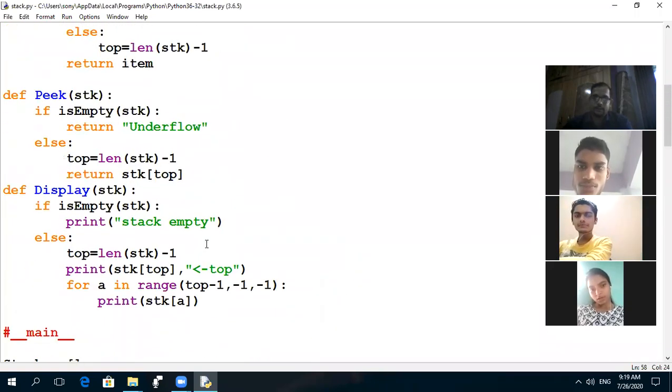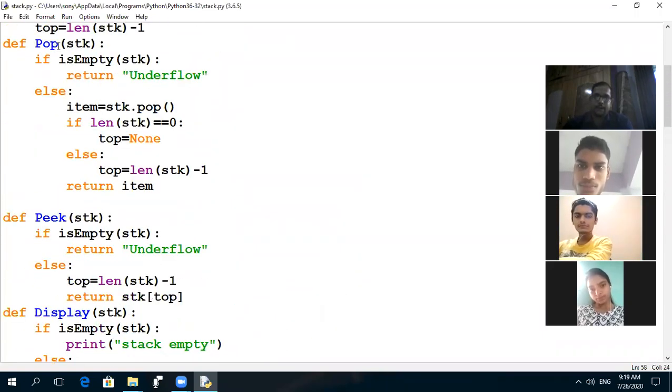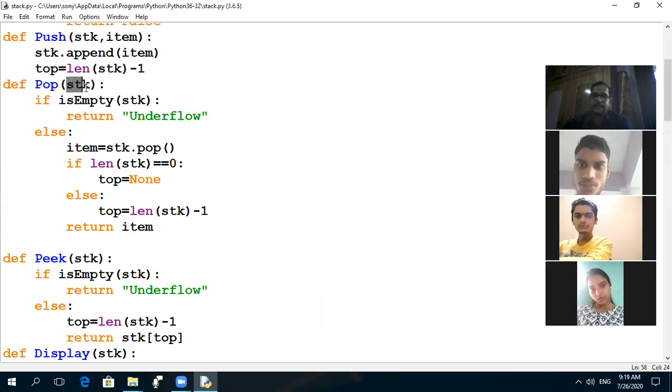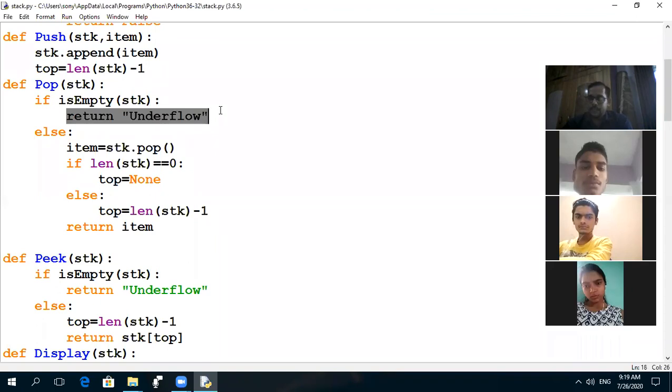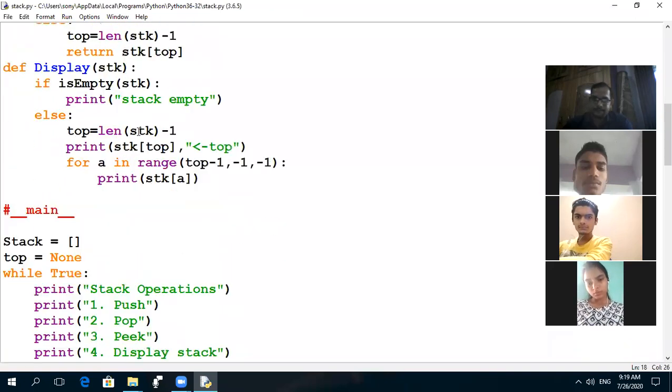It goes to the pop part. The value of stk is an empty list. If is empty, yes, this time it will return true because our stack is empty. So it will return underflow.